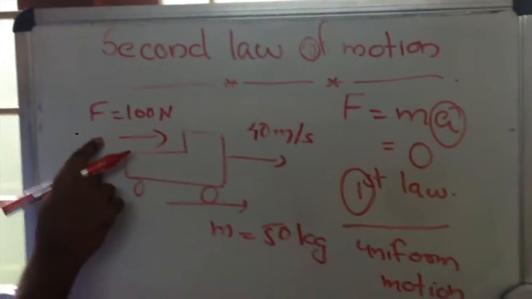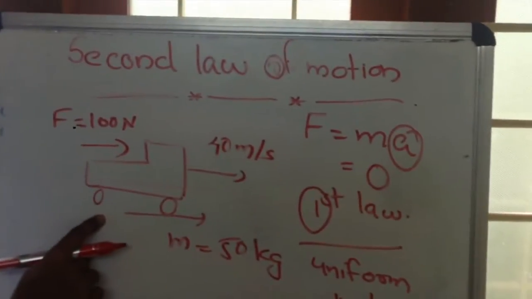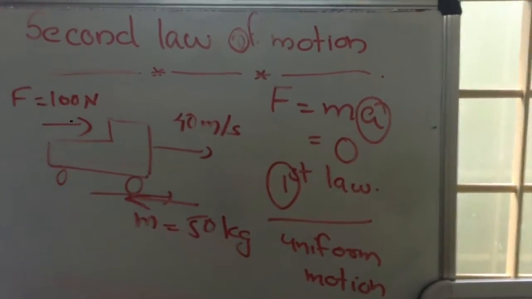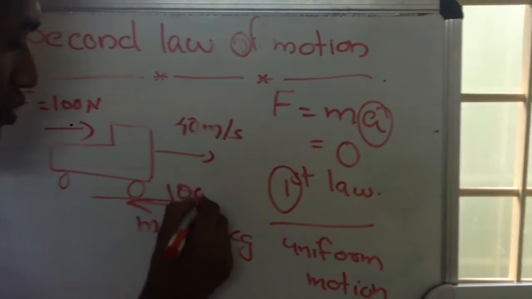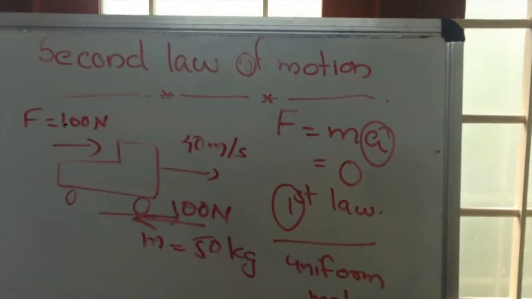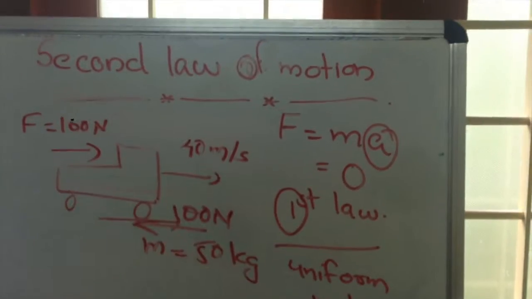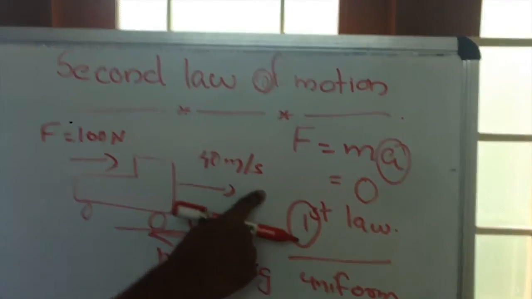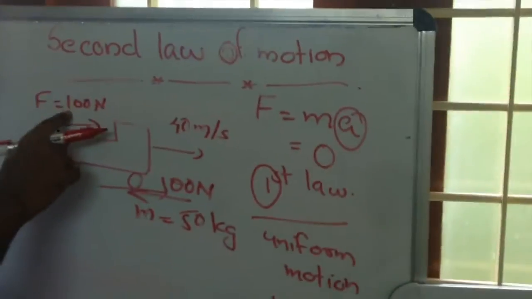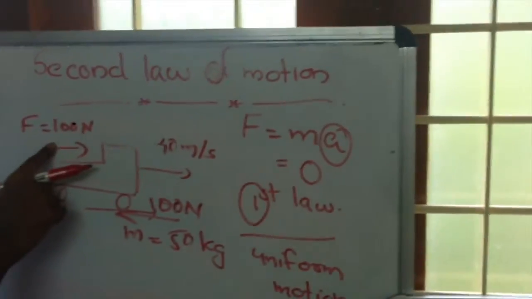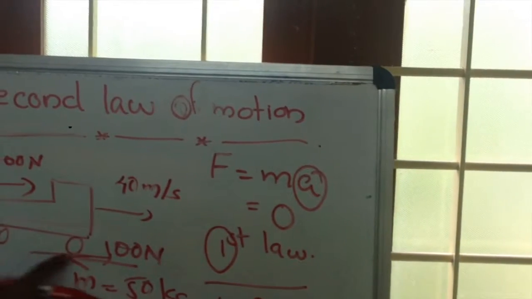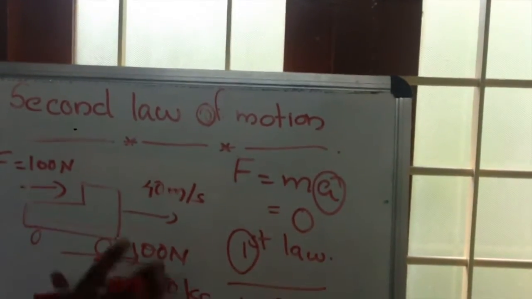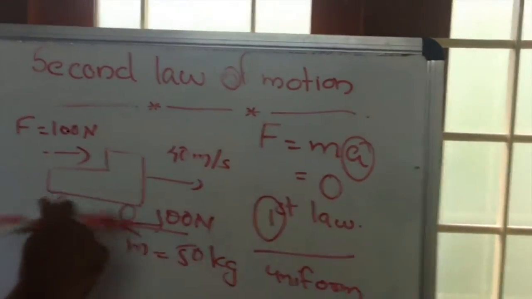This is a force acting on this particular vehicle, but there is another force called frictional force, which is exactly opposite to this force of 100 Newton, such that the net force is 0, so that this vehicle is able to move in a constant velocity. So the engine is imparting this much force such that the net force acting on the vehicle is 0. So the first law is obeyed and it is able to move in a constant